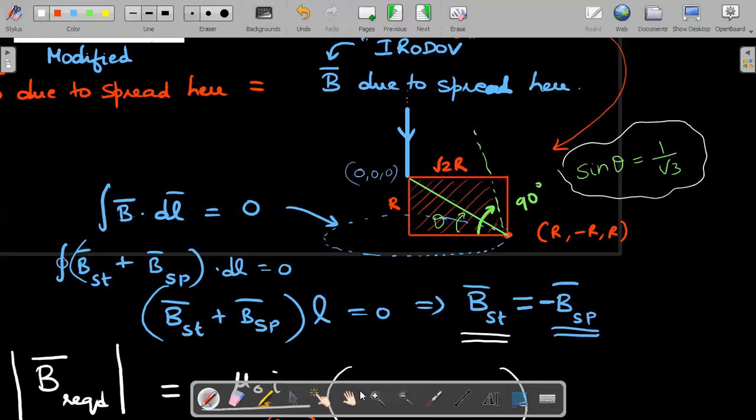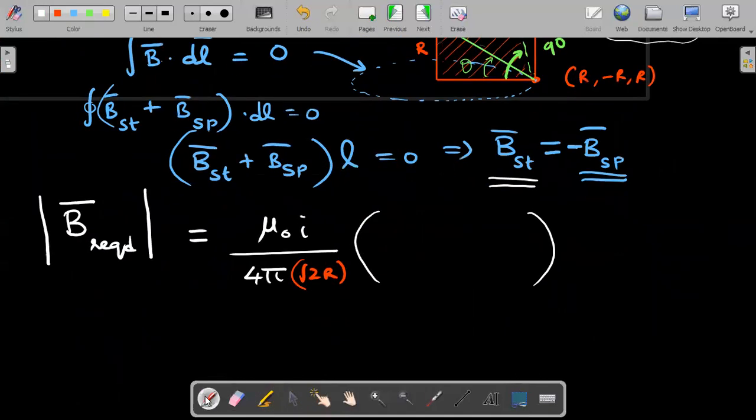Two important things: sine theta is 1 by root 3, and in the substitution, because this angle is now measured in the upper direction, remember this is the lower end of the wire and you're measuring the angle in the upper direction, therefore you have to respect it with a minus sign. So two important things culminate into making this answer into sine 90, which obviously is in the upper direction, but minus sine theta, where sine theta I'll substitute as 1 by root 3. So the major calculations that you need here are this and this, and the minus sign, of course.